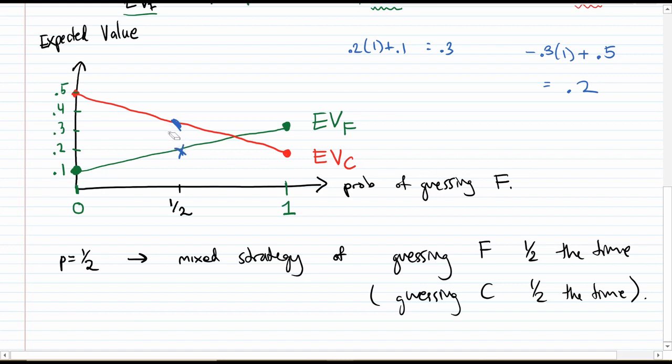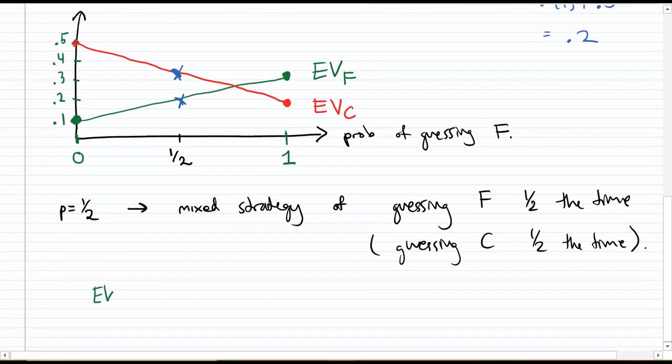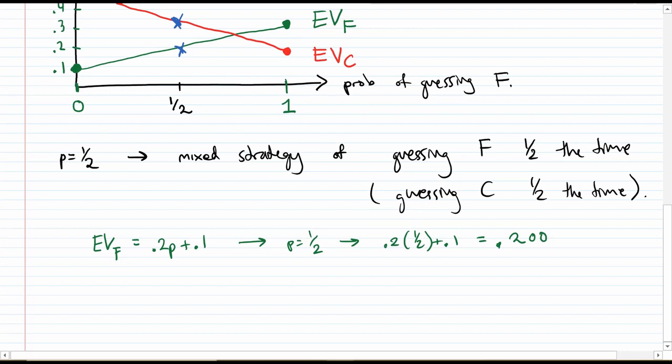Okay, so, well, what are the actual expected values? Well, remember, I can just plug these into my expected value formulas. So EVF, what was the formula here? It was 0.2p plus 0.1. Let's see what happens when I sub in p equals 1/2. Gives me 0.2 times 1/2 plus 0.1 simplifies to 0.2, or 200. So I'll have a 200 batting average against a fastball,